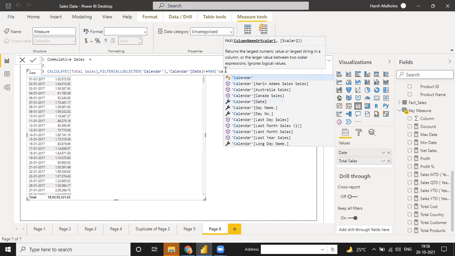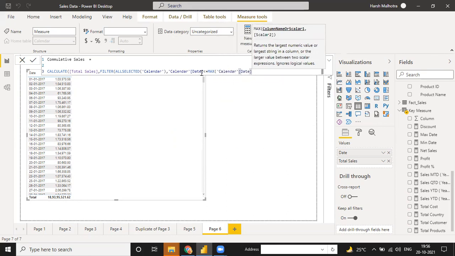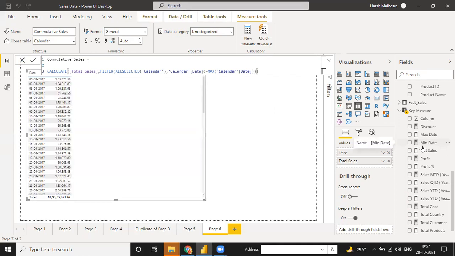You can just select your date table. It means when your date is ending, suppose in this data the ending date is 31st March 2019, and you have to filter up to that date. You can stop at that date, up to less than or equal to the maximum. Maximum means the date table, you have a date, you can match this date. If this date is equal to the maximum date, your function will stop at this date. Same way, click on this expression. Your expression is done, because you are using three functions, one, two, and three, and just press enter.